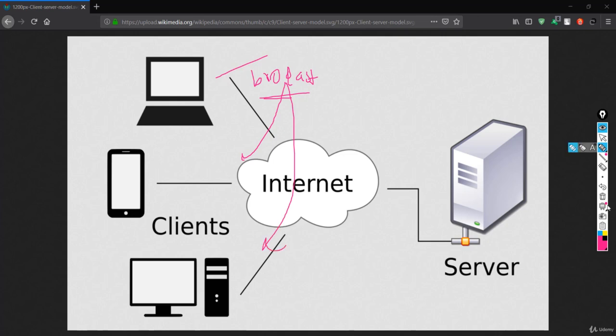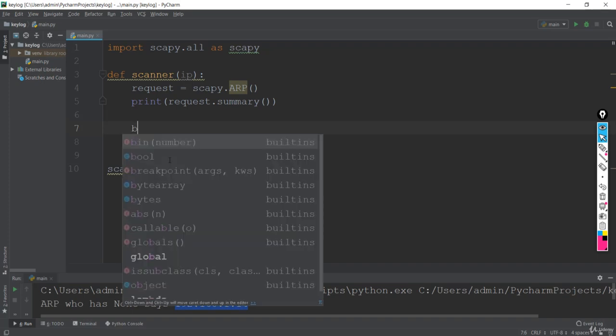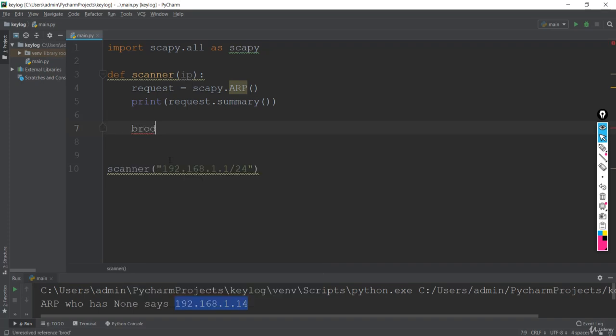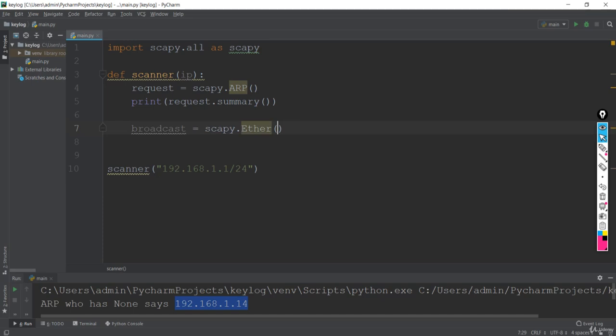So let's make that broadcast now. First of all, let's go again to our editor, and here I'll say broadcast. In this broadcast you have to create the broadcast from Scapy, and we have the Ether framework to do that. This Ether framework will create the broadcast for us.